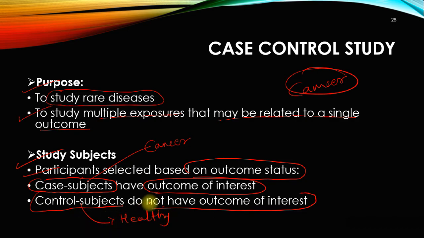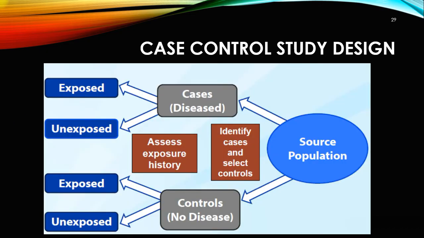Okay. Who do not have the outcome. Okay. So the study design is this, that we have, as the name suggests, only case control. So case means the person who has the disease, and the control who don't have the target disease.